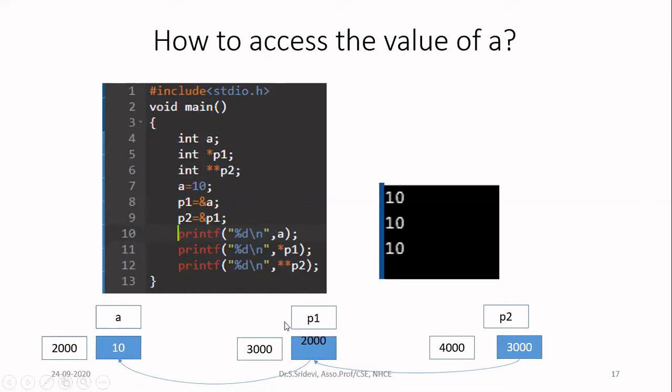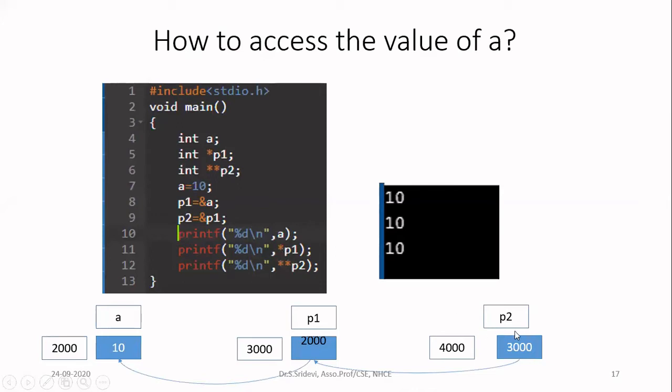So, if you want to access a with the help of this pointer, you take this address 2000, go one level to that memory, then you will get the value. So this 10 is nothing but value at the address of 2000. So I want to get the value at the address of 2000, so I am writing *p1.